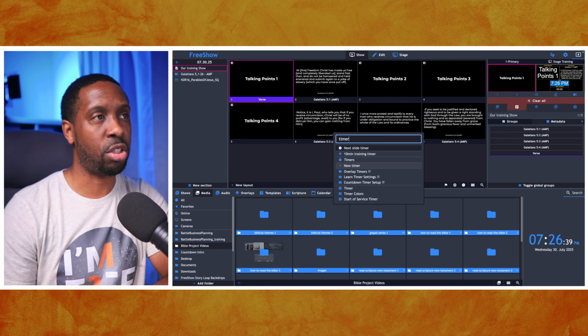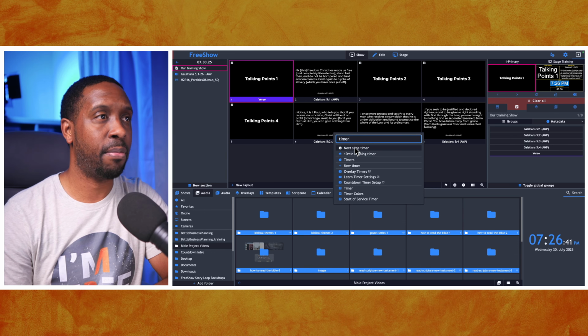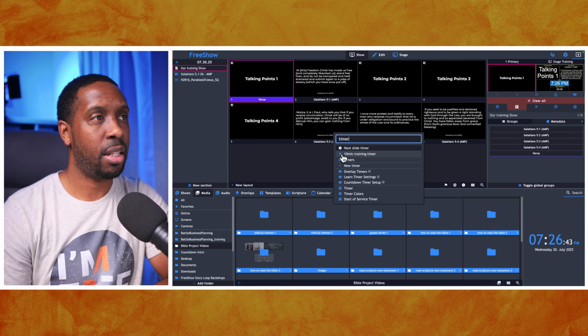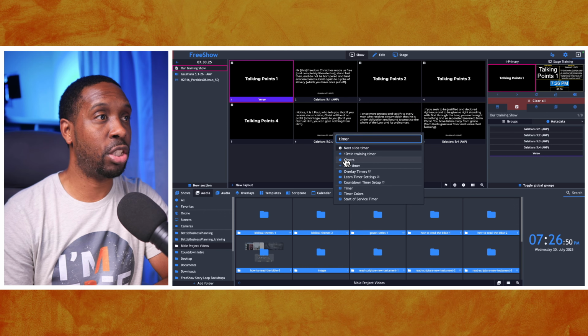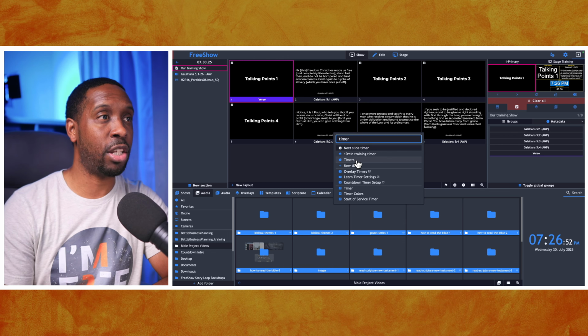This is the new quick search function, right? So it's got a timer here called the next slide timer. There's an action here called the 10-minute training timer. And then there's this thing that just says timers. This is the one that you want to select, but you also, if you don't know how to use timers,